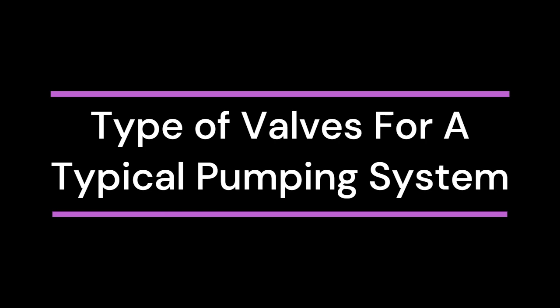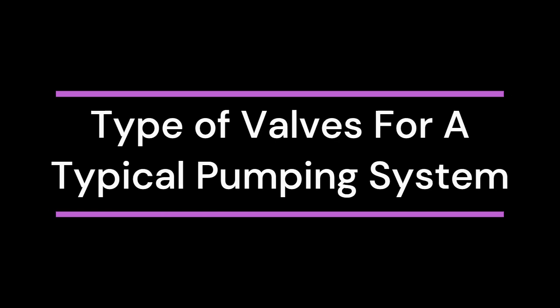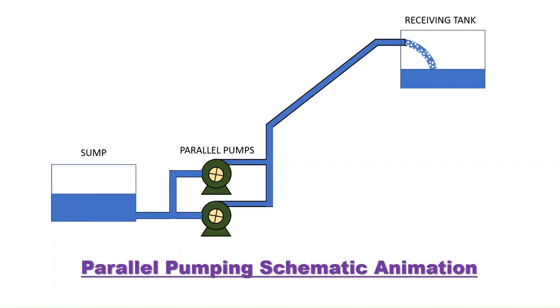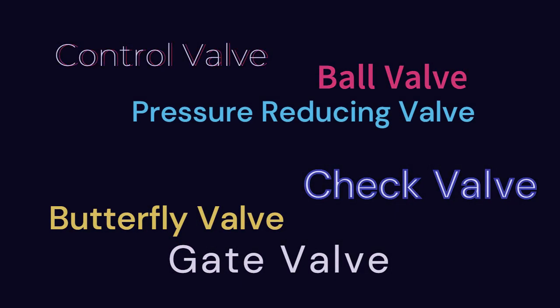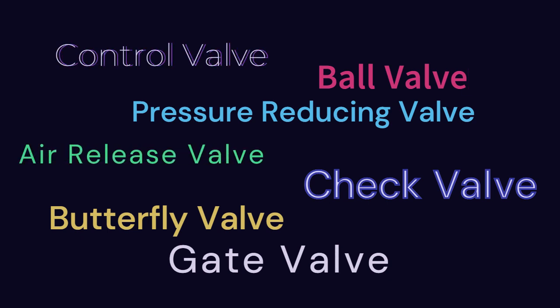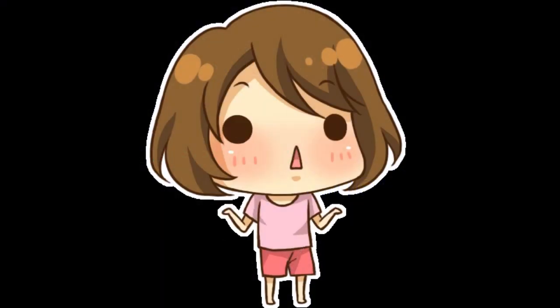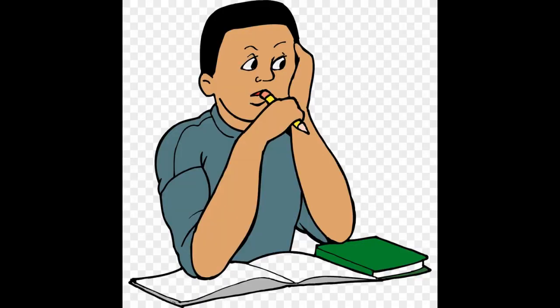Career. Today I would like to share with you the types of valves for a typical pumping system. There are many types of valves in the water industry, such as gate valve, butterfly valve, ball valve, check valve, control valve, pressure reducing valve, air release valve, etc. What type of valves are there, and where are they located in a pumping system? In this session, I will show where these valves are located and used, and what they look like, for